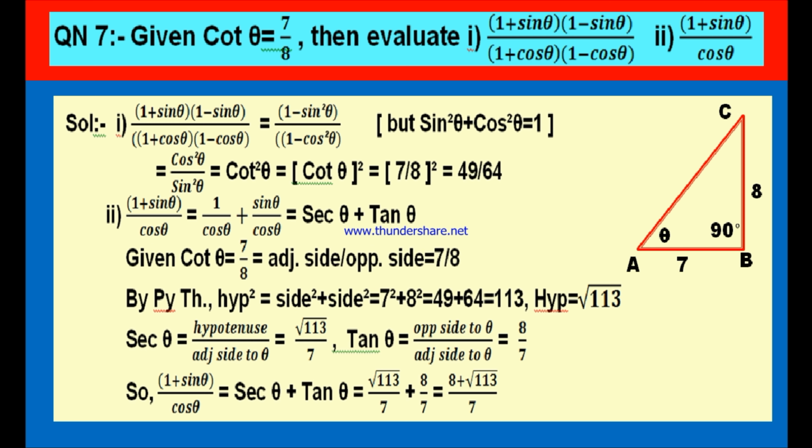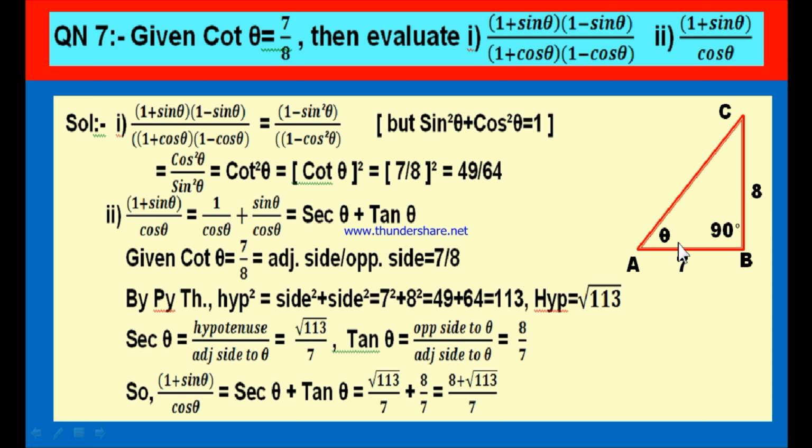What is the formula to find cot theta? Cot theta is equal to adjacent side to theta by opposite side to theta. It is the inverse trigonometrical ratio to tan theta. Now look at this diagram. For the angle theta, if the opposite side is 8 units, then the adjacent side is 7 units. Or if the adjacent side is 7 units, the opposite side is 8 units. You may please note down. Therefore, the adjacent side to theta is 7 units and the opposite side to theta is 8 units.